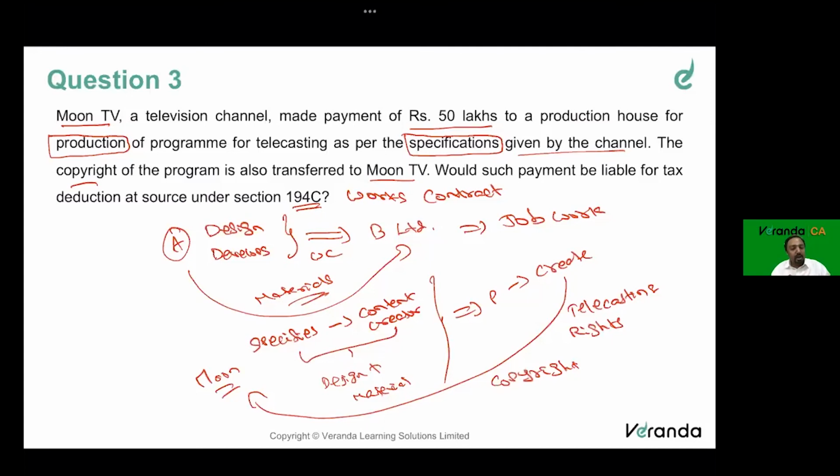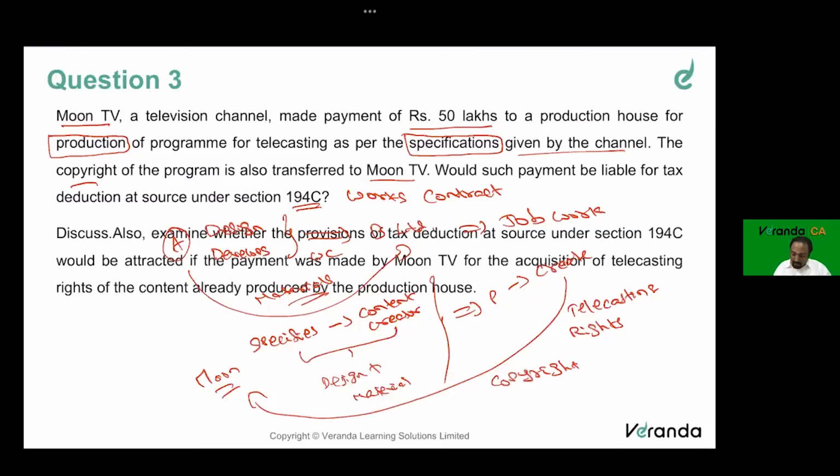Job work is where everything is mine. Let's say Star created the idea of Big Boss and asked Endemol to produce it, only then does 194C come into the picture. So probably this is a more relatable example for this particular question. If some of you have seen it or heard about it, you can link this question with that concept. Next time, you can also see the word of the producer in the show. So this is the concept of 194C. It is only applicable for job works.